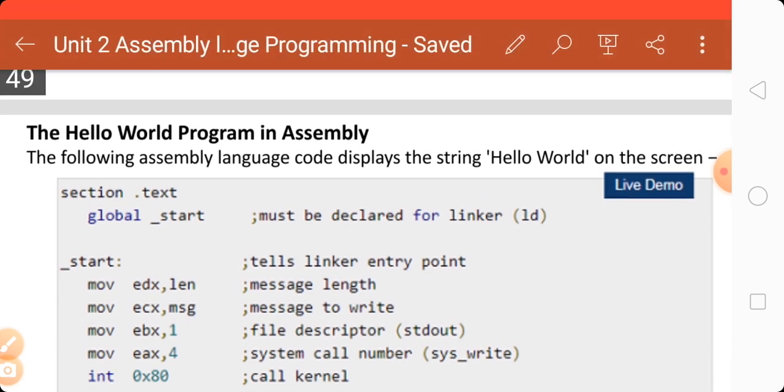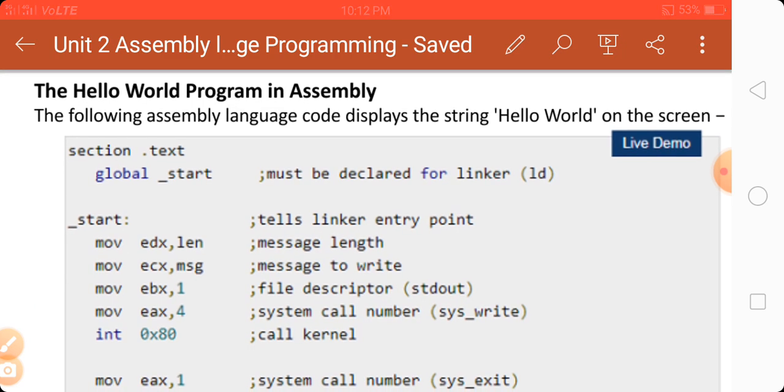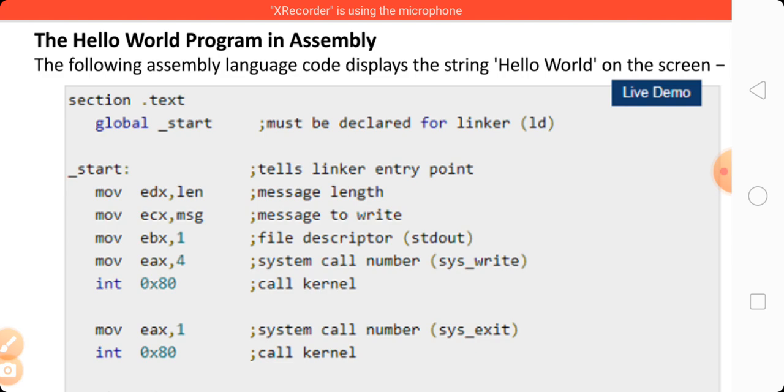Again, section .text is a part of assembly language. Then global _start is also a part. It must be declared for the linker, _start, whose value is global, meaning it must be declared for the linker. Then _start is the third part of assembly language programming, and it tells the linker it is the entry point.